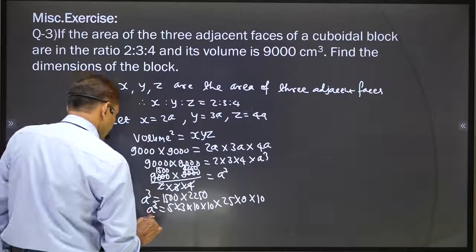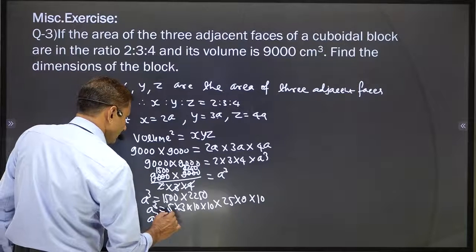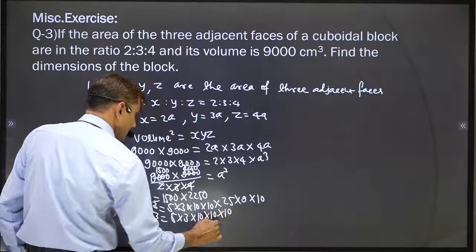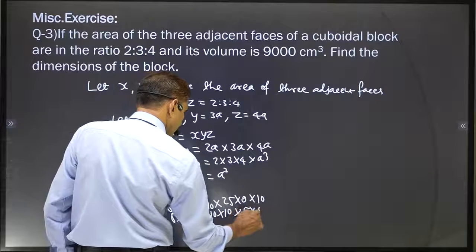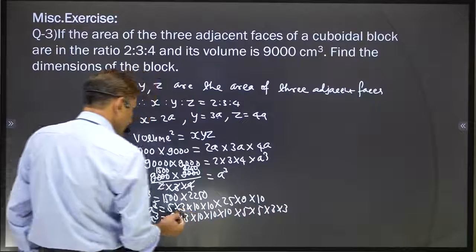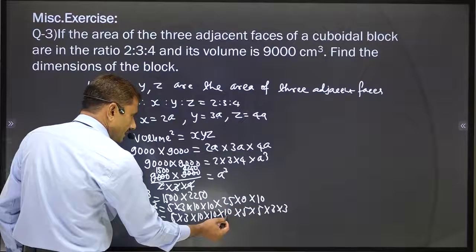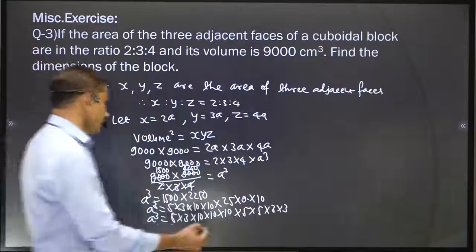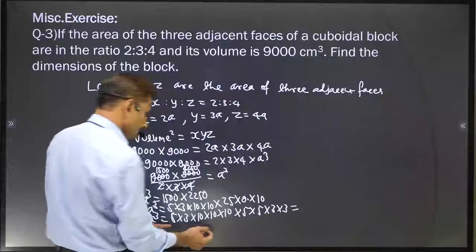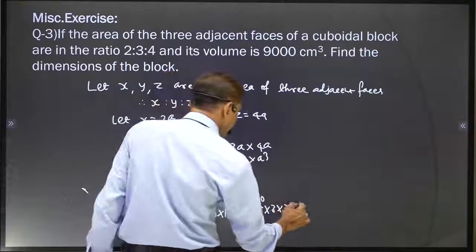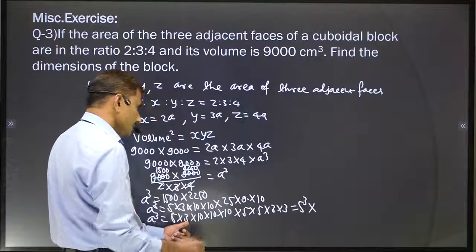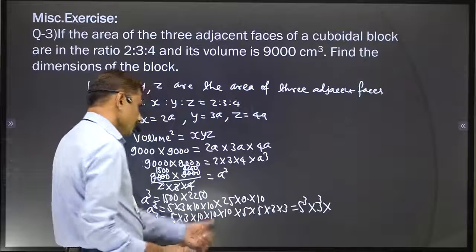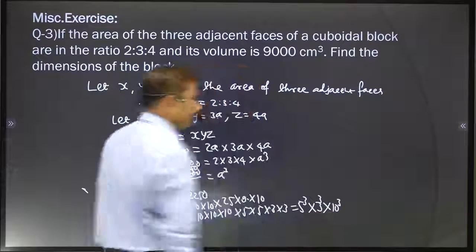Okay, so a cube equal to 5 into 3 into 10 into 10 and 10 here also. So writing that as 5 into 5 and 3 into 3. Everything is there. That 10 I have taken here instead of 5 two times and instead of 9 three times. Now you can write a cube is equal to 5 three times, 1 2 3, so 5 cube, into 3 three times, so 3 cube, into 10 three times, so 10 cubed.